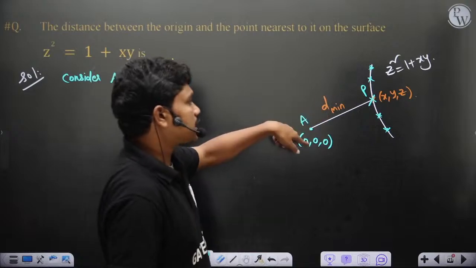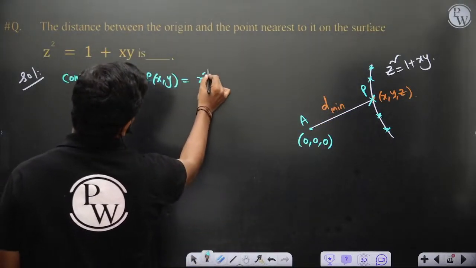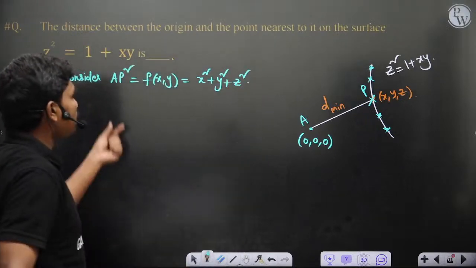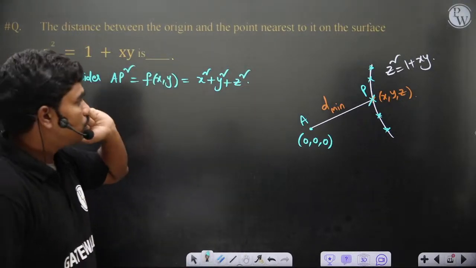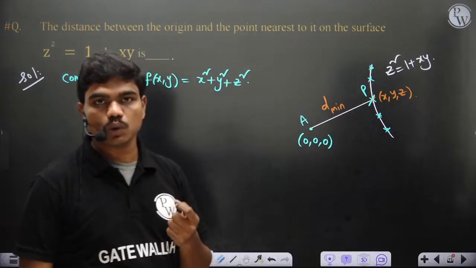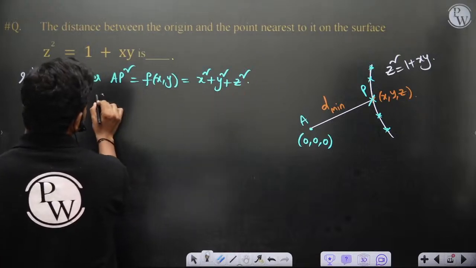Root of (x2 minus x1) square plus (y2 minus y1) square plus (z2 minus z1) square, but it's a whole square. So x square plus y square plus z square. Now you want the minimum value of this, but one condition is this point P is on this particular curve, z square is equal to 1 plus xy, which means since this point should satisfy the equation,